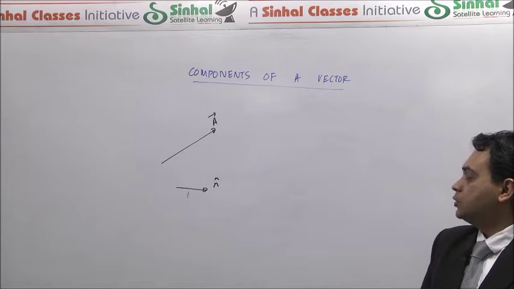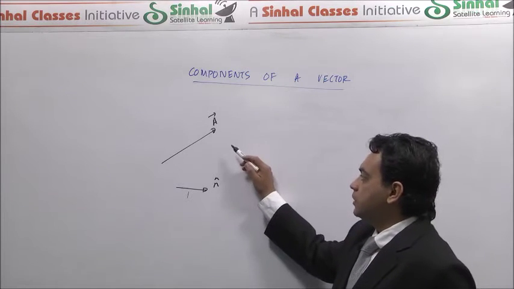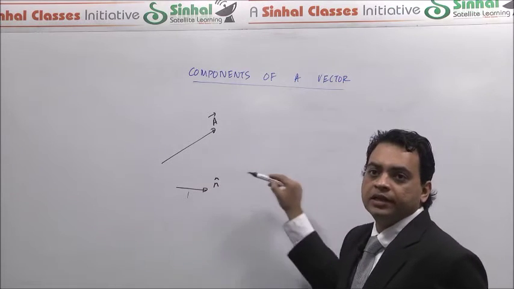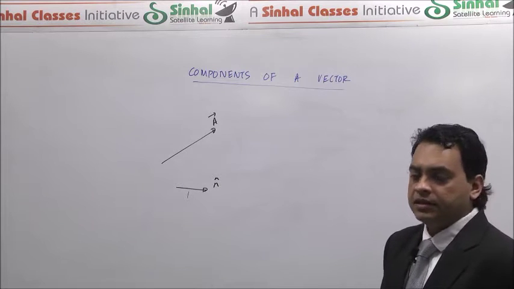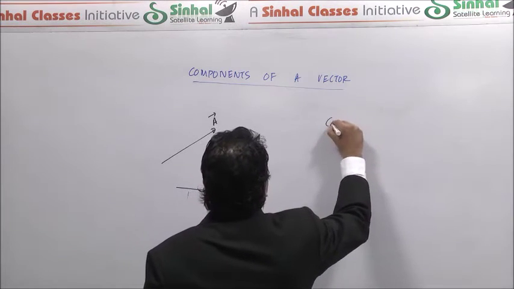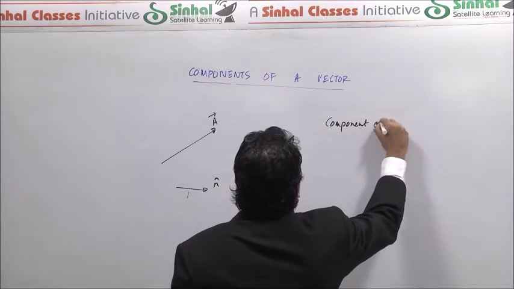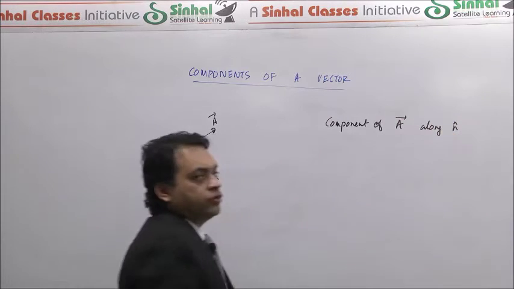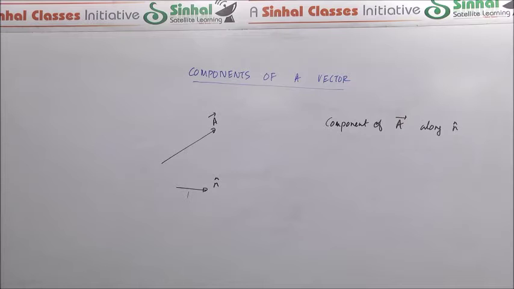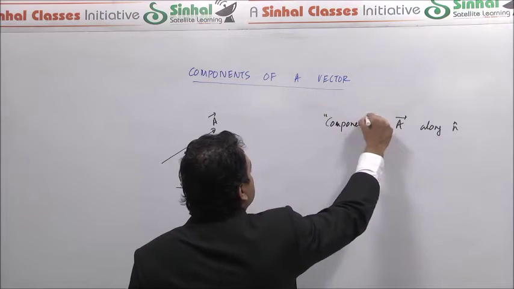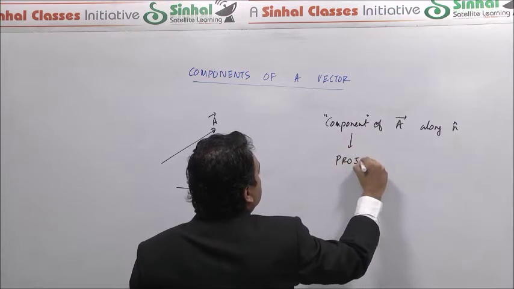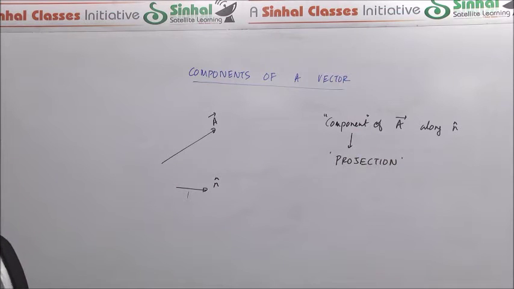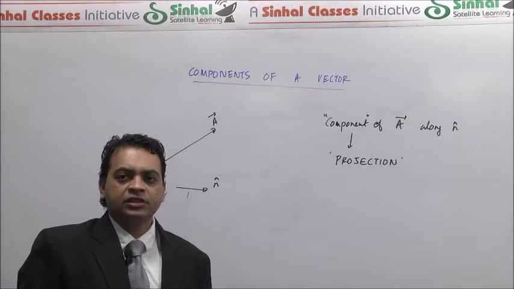Okay. So it turns out that there is a certain relationship which will define that the vector A has a certain component along the vector n cap or along the unit vector n cap, and that component, so we can define the component of A along n cap by this following operation. Okay. Now one can think of the component, the term component, as a projection. So let's understand what the meaning of the term projection is. Projection is basically, I mean, in layman's language, projection is nothing but a shadow.